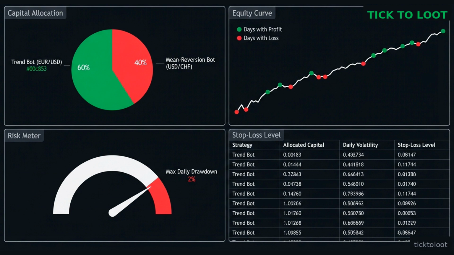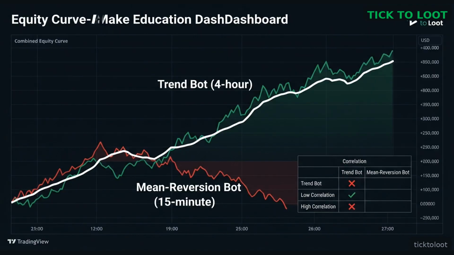towards steady, long-term growth. All right, looters, we've reached the end of our deep dive into algo strategy diversification. In this lesson, we learned what diversification means for algorithmic trading, why it shields you from the risk of any single bot failing, and how to build a simple two-bot portfolio that mixes a trend-following robot with a mean reversion